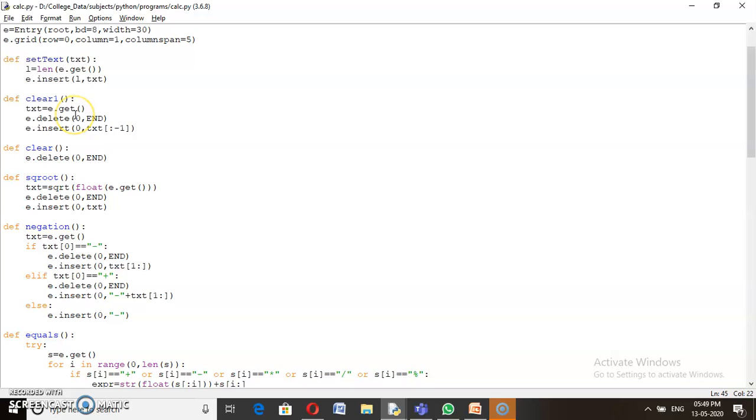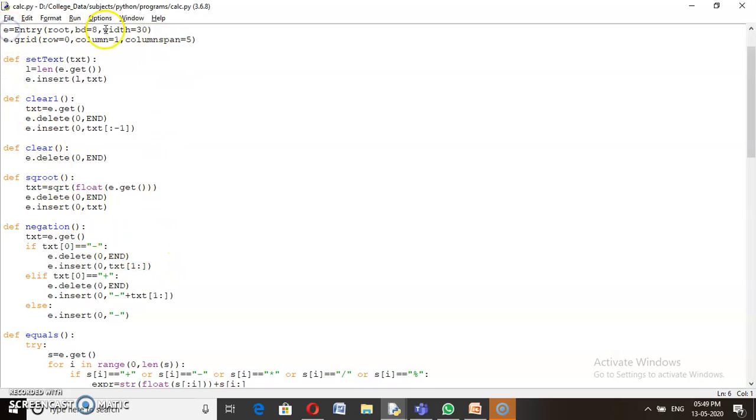It is the calculator example. You can already see different types of calculators within Windows. Whenever you click on calc in the run option, a different type of calculator opens, and there you have different options like addition, subtraction, multiplication, division and others. In addition to that, we are adding some more options here like square root and negation. So we'll see how to create this calculator.